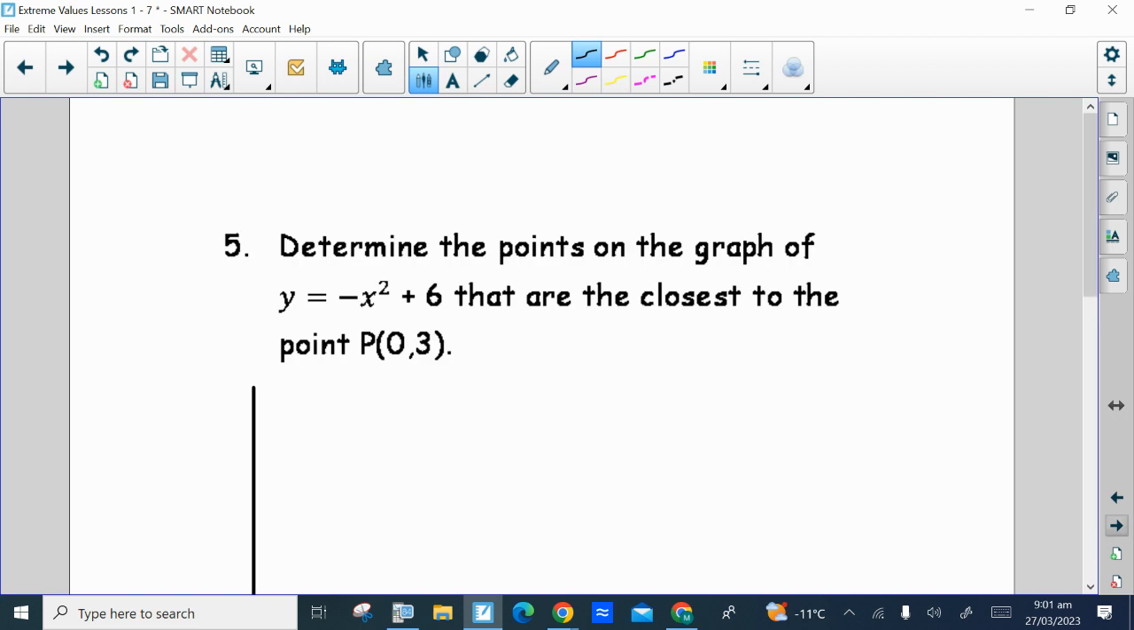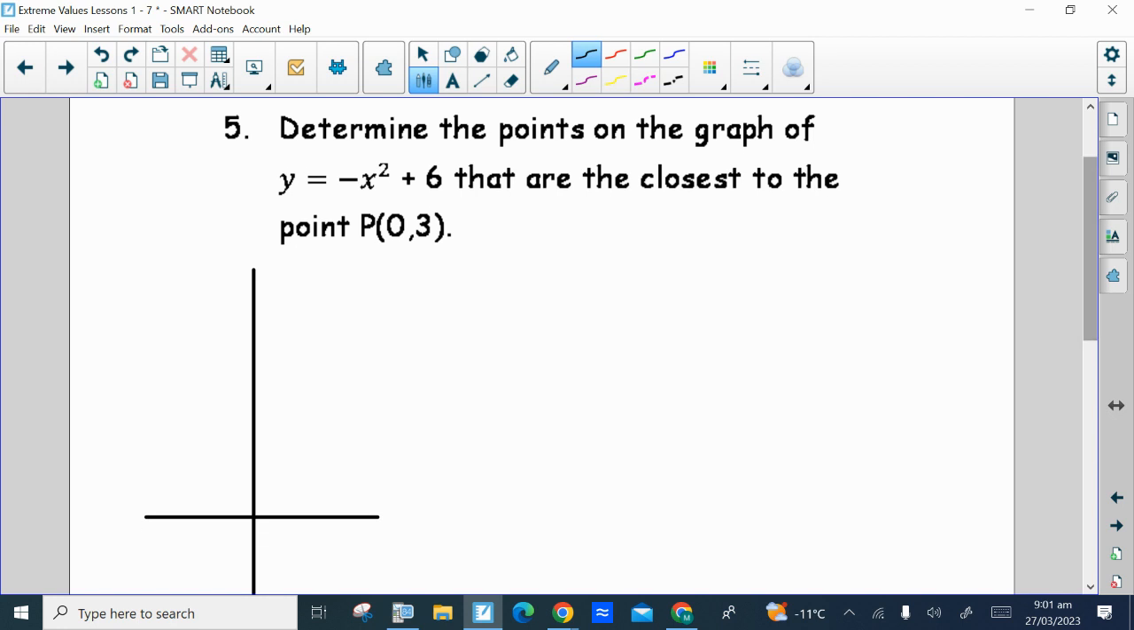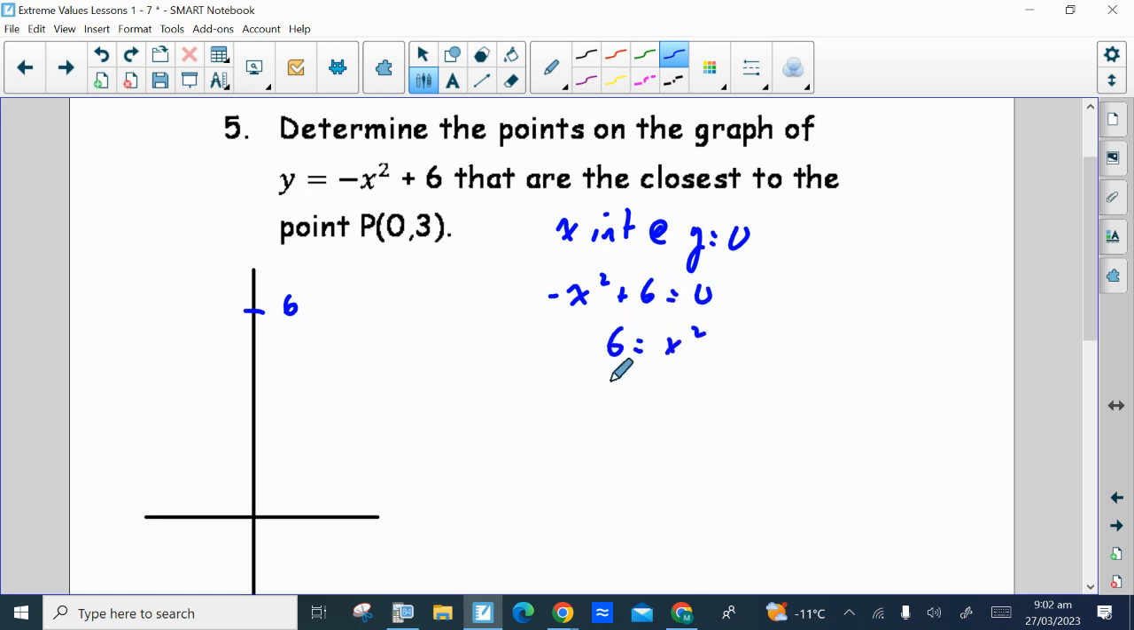So we didn't see one like this last class. Determine the points on the graph of y equals negative x squared plus 6 that are closest to the point 0, 3. So that negative x squared plus 6 is a quadratic that opens downwards, and it would have a y-intercept of plus 6. So if we were to sketch a graph, y-intercept of plus 6, we can find where the x-intercepts are by solving this equation. Remember, our x-intercepts are always where y equals 0. It's where negative x squared plus 6 equals 0, where 6 equals x squared, and x equals plus and minus root 6,